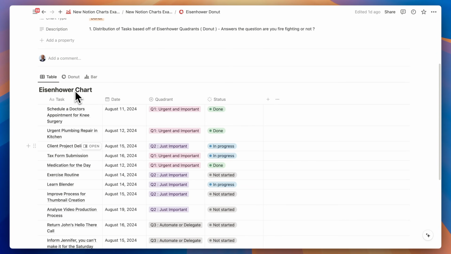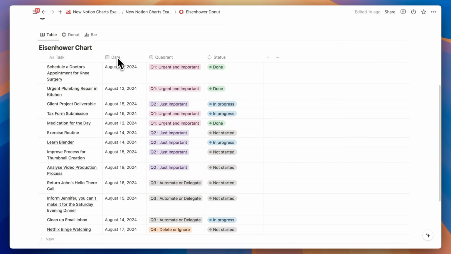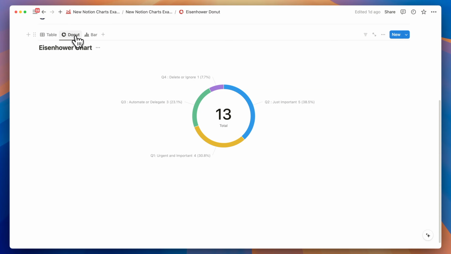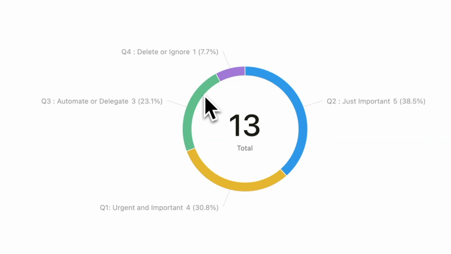Now, here's an example of a table with sample tasks. The date, the quadrant in the Eisenhower matrix, and the status of what's happening to them. At the end of the week, when you're reviewing your last week's tasks and you're scheduling your next week's ones, the Eisenhower donut is extremely helpful to stay focused. The donut shows that I'm spending far more time with quadrant 1, which is more firefighting, more than what I